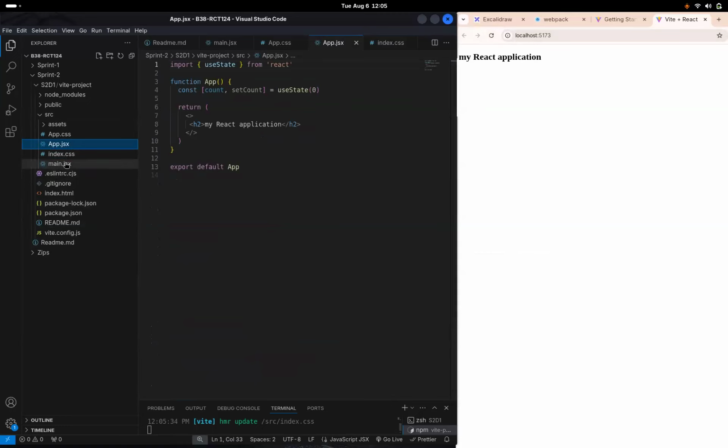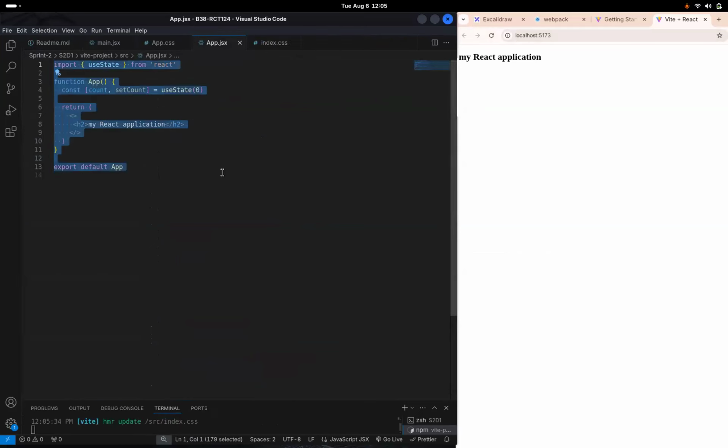What we can do is main.jsx, let's not delete it, let's just keep it, right? So now we have the basic setup that we usually do with our app. In App, we have just a count state over here. We are returning a fragment. We are writing JSX in this. So going forward, rather than .js, we'll be creating .jsx files, wherein we'll write HTML and JS in a single file. Clear? So this is something that everyone's familiar with.